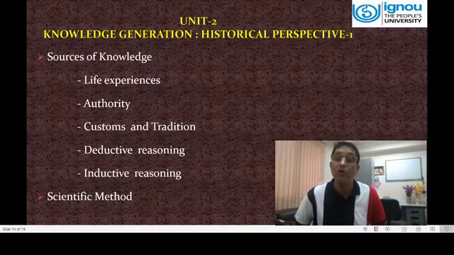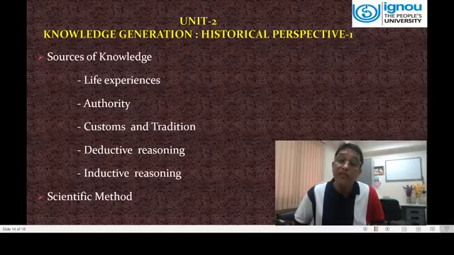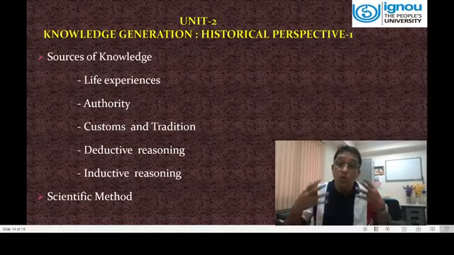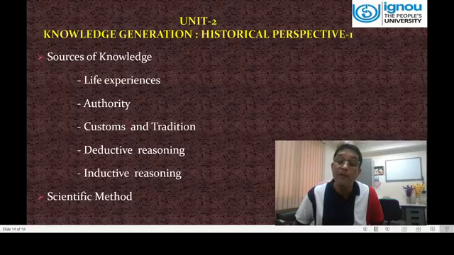So that is also another source of knowledge, and automatically it happens. Many a time the seniors teach us, they make us groom, but at the same time, by observing the happenings in different situations, we also learn many things. Then for the reasoning, I have already discussed the deductive reasoning and the inductive reasoning.